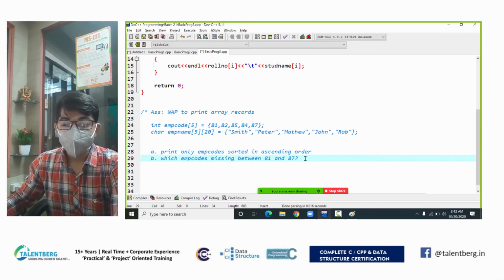So this is the very first session in C programming, C++ programming, and I hope you enjoyed this session, and in the next session we'll do